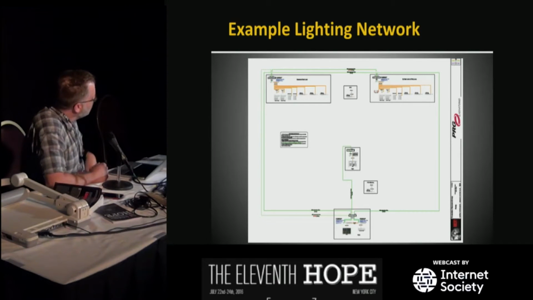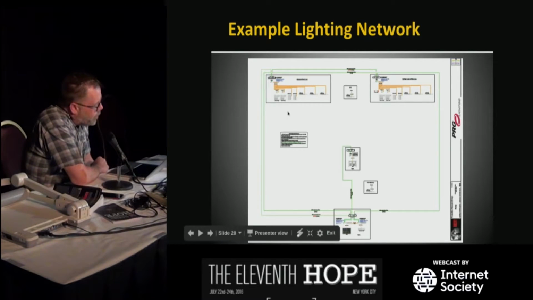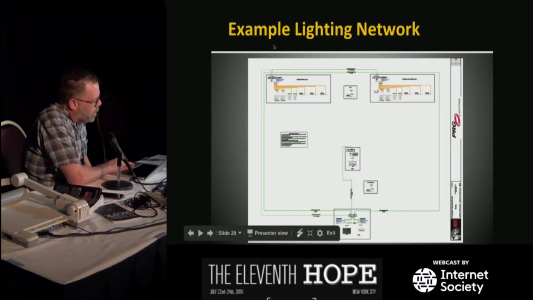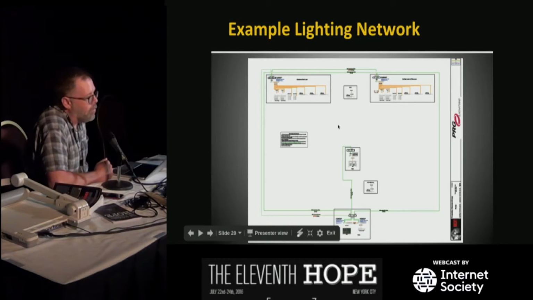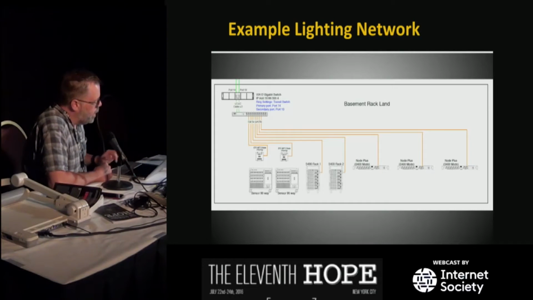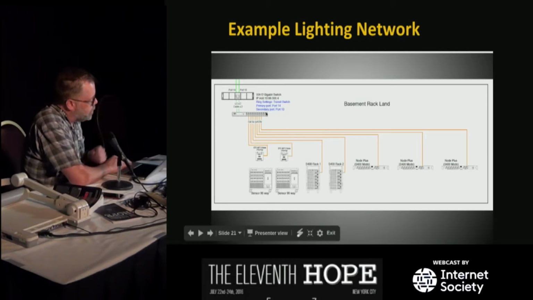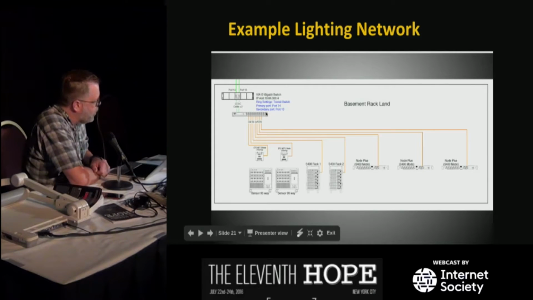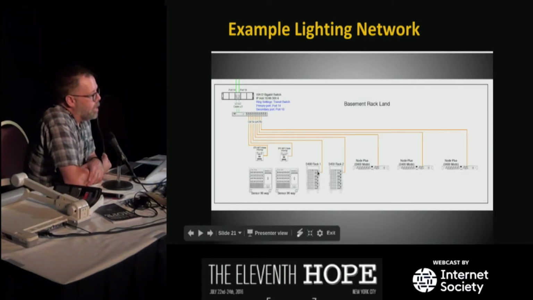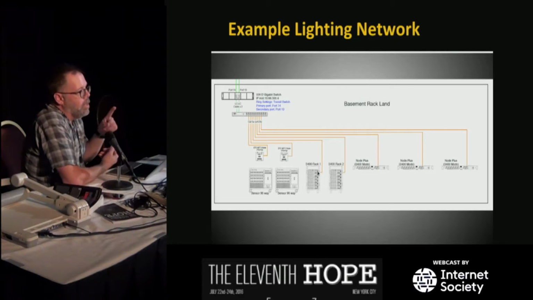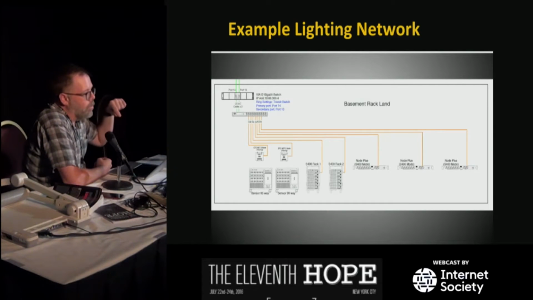This one I know you can't read, but this is from the Broadway production of Rocky. I left this part in because you can see this green line going around here is a big fiber ring. They ran a ring of fiber all around the theater, and in each area they had one of those switches like I showed you in the picture before that had fiber in, and then it comes out into the DMX or network, whatever's needed locally on each one. So we're using it as a big backbone around the theater, and then it comes out to the individual things.